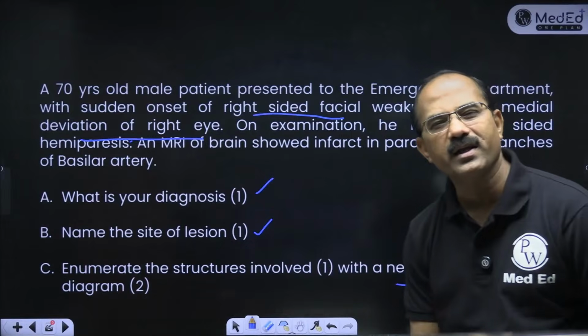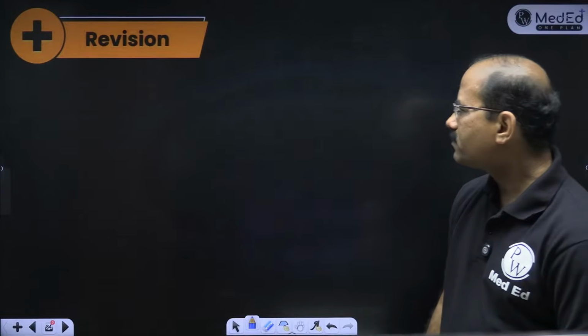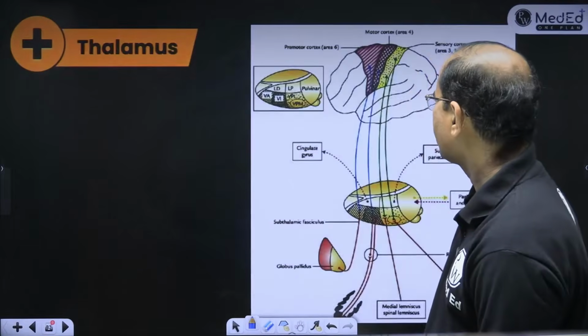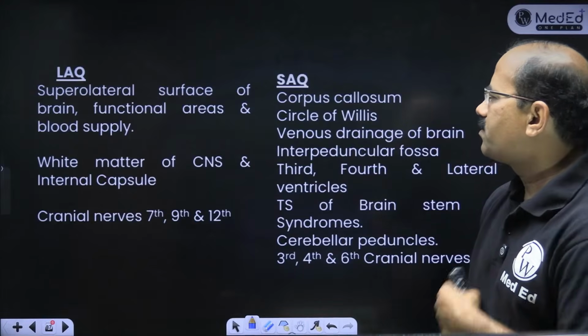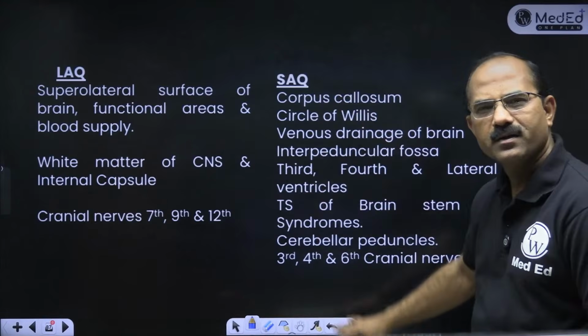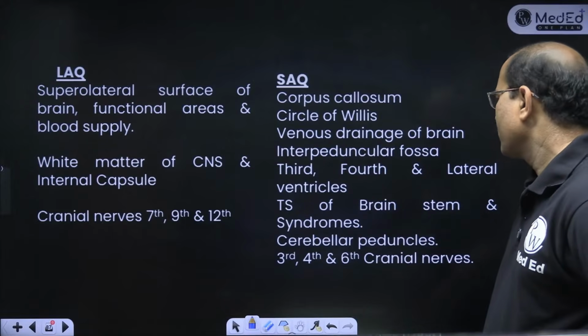So you have to draw the diagram. Thrombosis of basilar artery. Fine, no? Okay, that is how it is. And bas ye hai LAQs and ye hai SAQs. This is what you are supposed to